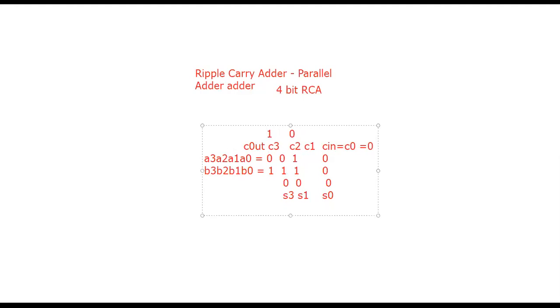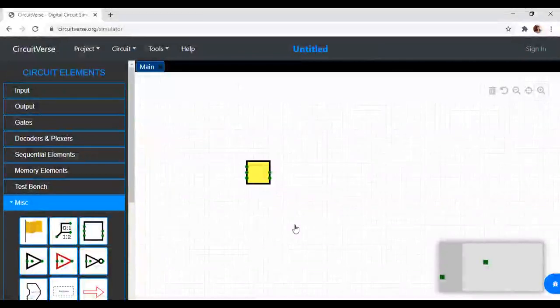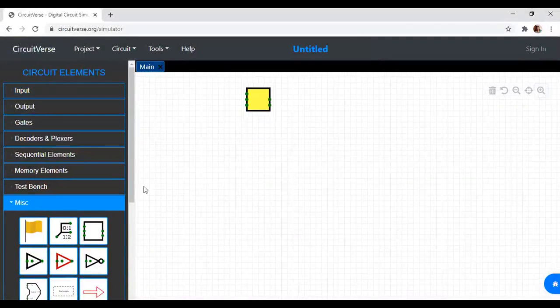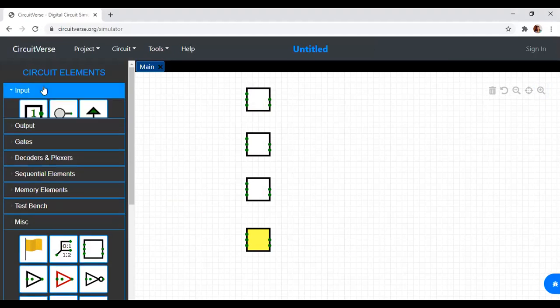Okay, this is how a ripple carry adder will work. So I have this full adder over here. For a ripple carry adder, how many full adders do I need? I need 4 full adders, as it is 4 bit. It can be 3 bit, it can be n bit. We can use even an n bit ripple carry adder. I'm showing for 4 bit.